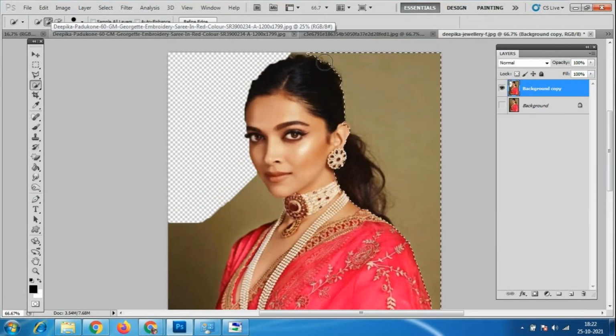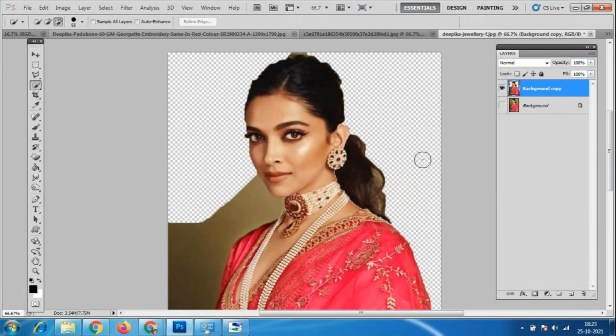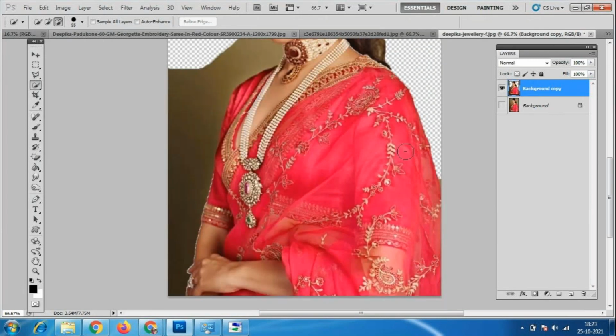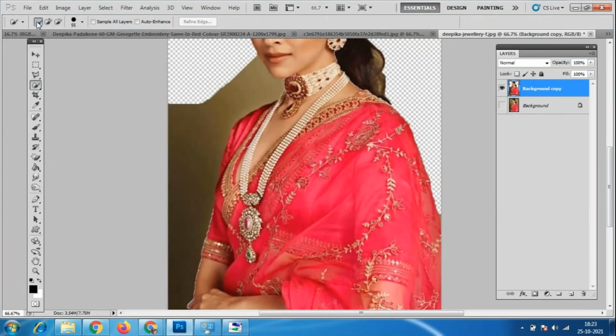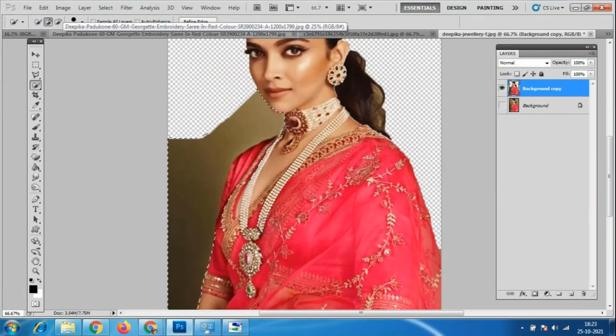See, now we need the hair and all, so I'll just go to subtract selection. So I'll just make it delete. Control D. This is the only thing which is not removing properly. So better I will go to this tool, polygonal tool or a pen tool.